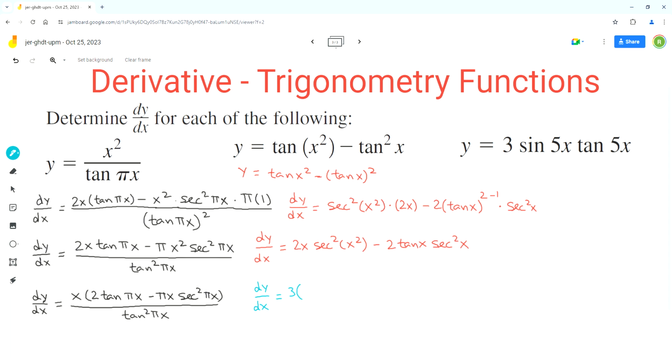So as per the product rule, we'll start with the derivative of the first function sine, and the derivative of sine is cos times. Now since this sine 5x is a composite function, the outer function is sine and the inner function is 5x, we'll have to use chain rule. So we found the derivative of the outer function, which is cos 5x, times the derivative of the inner function 5x, and the derivative of 5x is 5 times 1